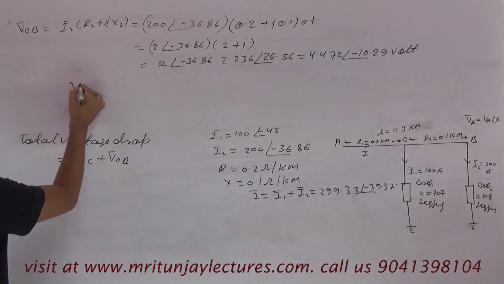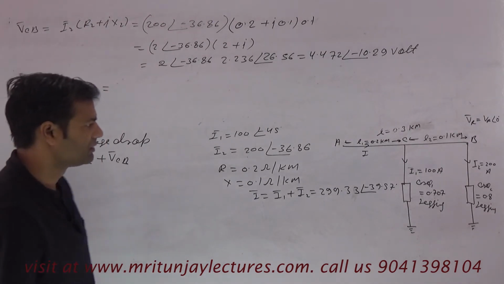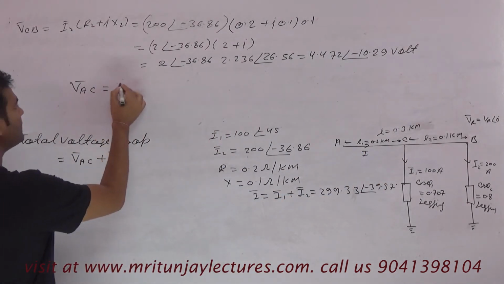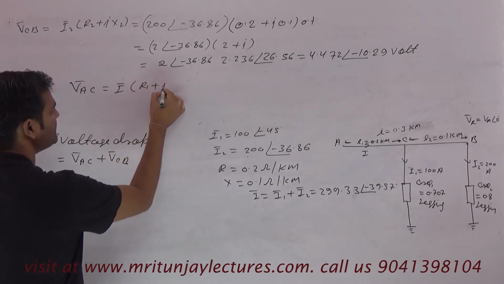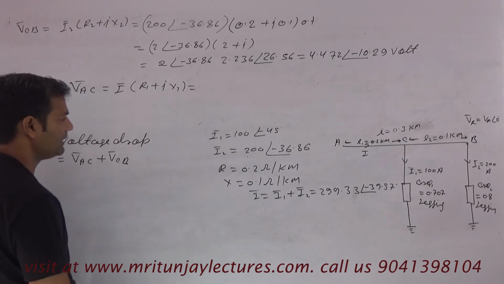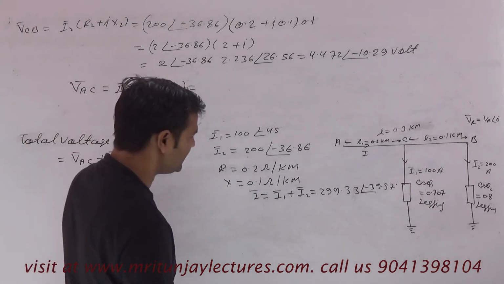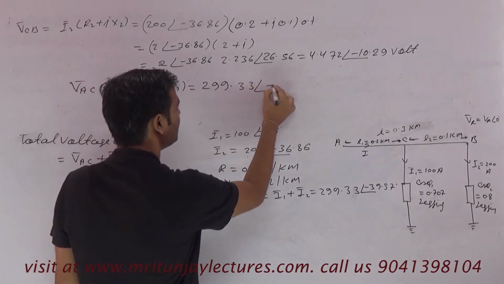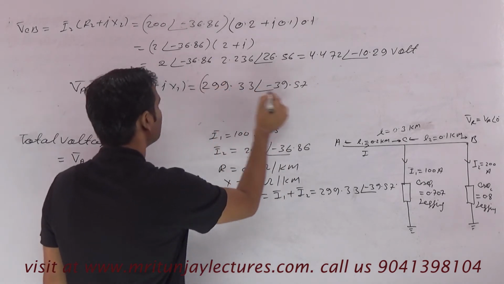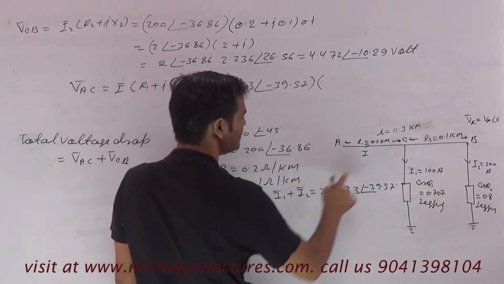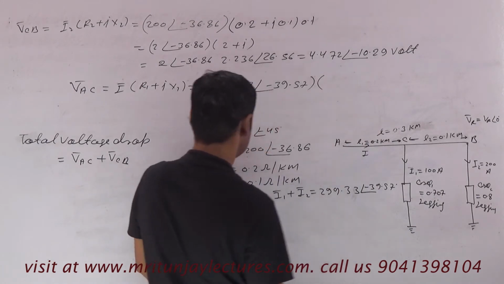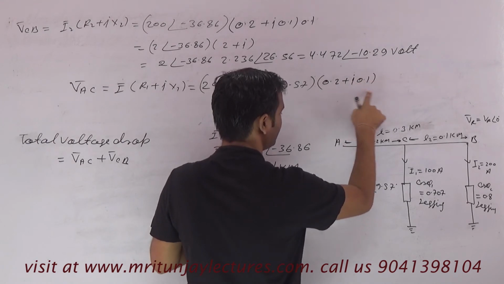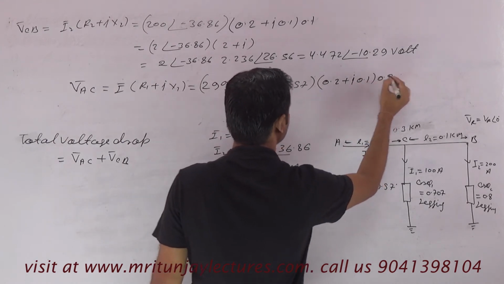Sorry, AC. Okay, AC is current and impedance, I into R1 plus JX1. So what about I? I is written as 299.33 at the angle minus 39.57, and R1 is 0.2 plus J0.1 per kilometer, so multiply 0.2. So we got